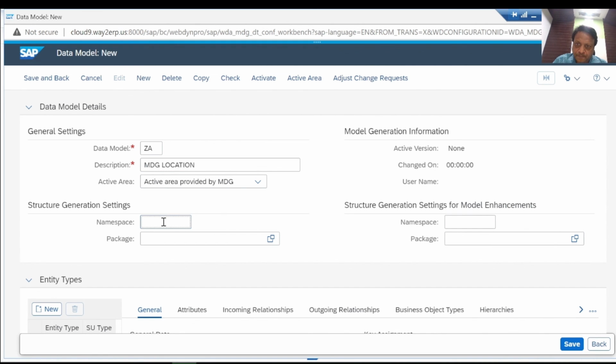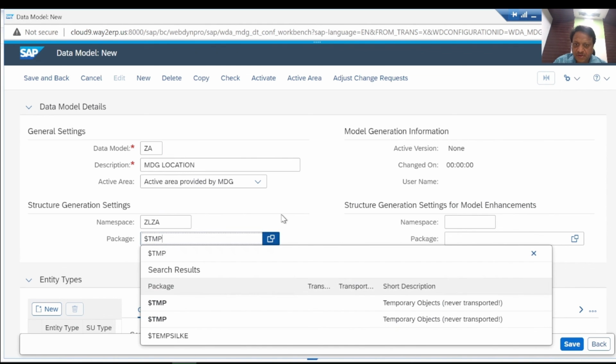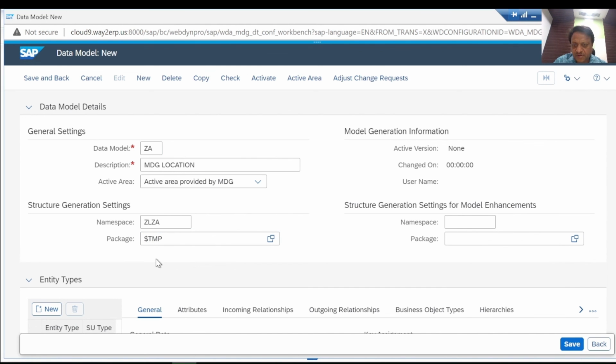So let's have a naming convention of, we'll call this for the location ZL ZA, and in this training system, let's use the temporary object or the temporary package. Now after this basic definition of the data model,